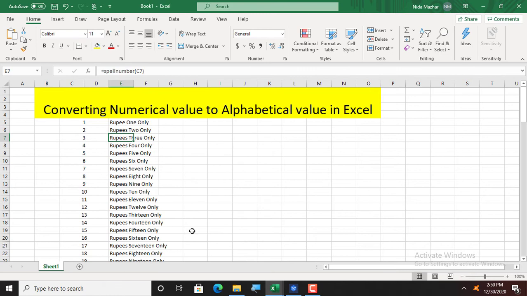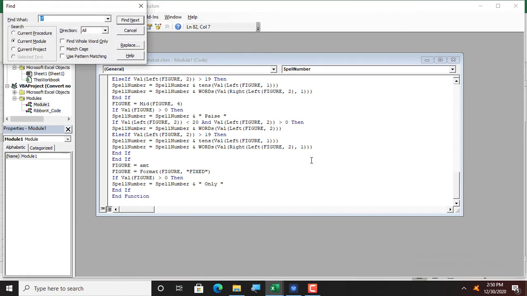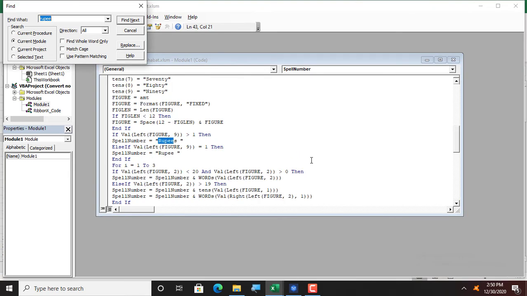If you want to replace rupee with dollar or any other currency, you just have to go back into the formula. Here you have to find the word rupee and replace it with dollar. Just give it the dollar sign.